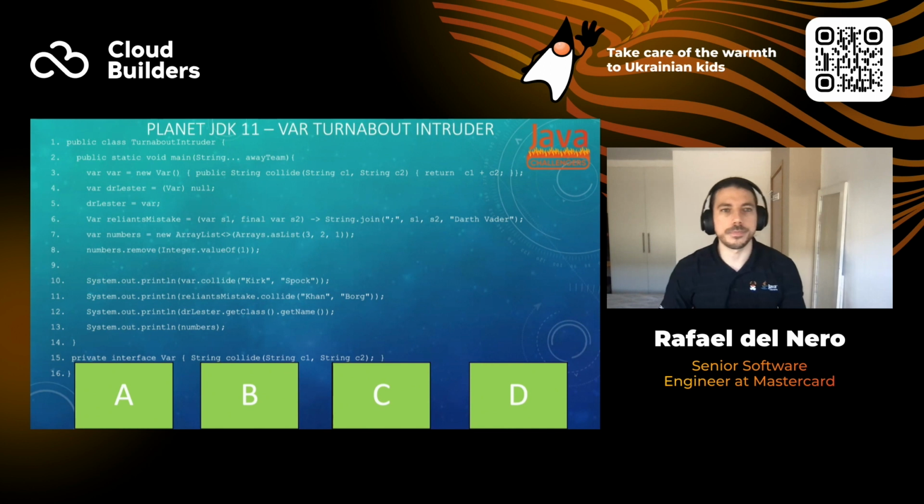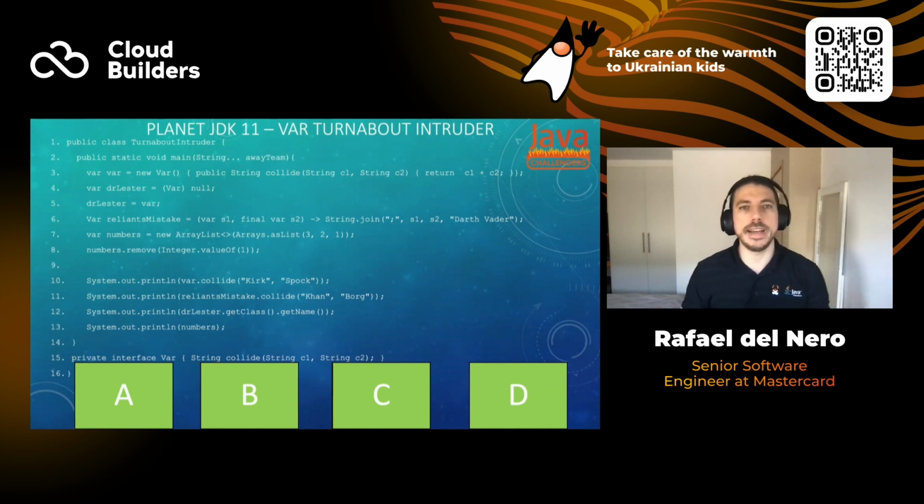Okay, so we have this challenge. So this challenge is about the var concept. So it's type inference. So the name of this concept is type inference. It seems a bit complicated, and it is kind of, but